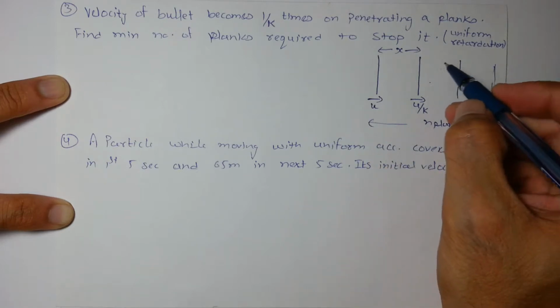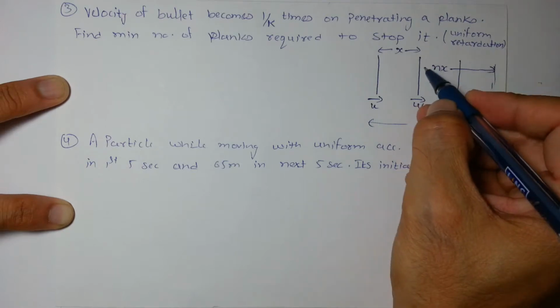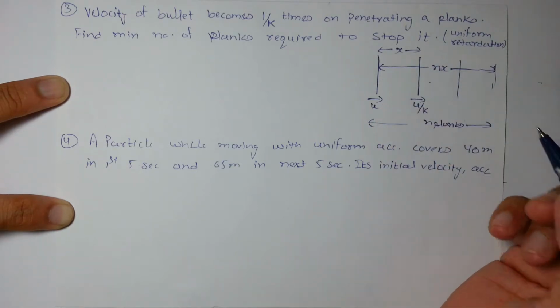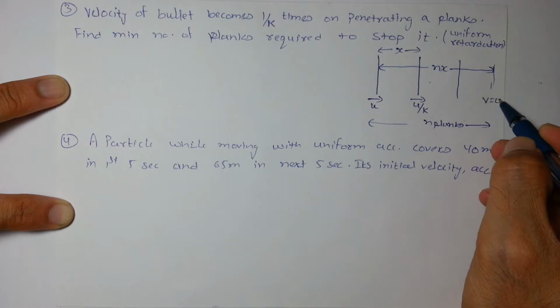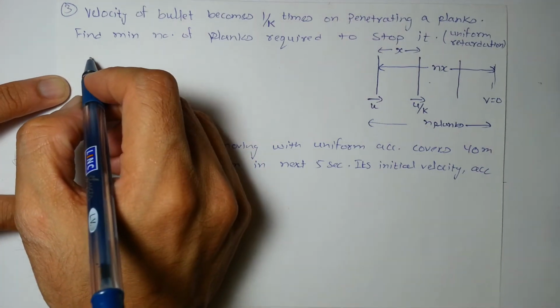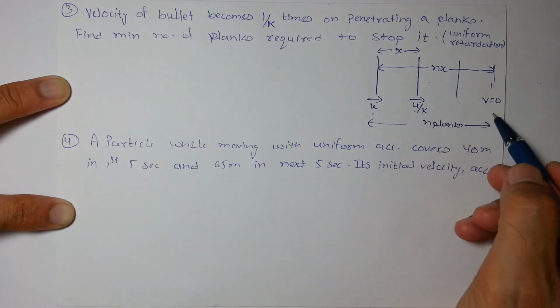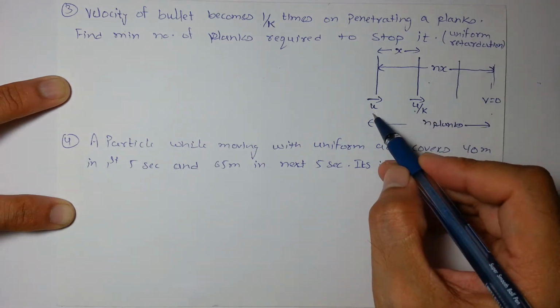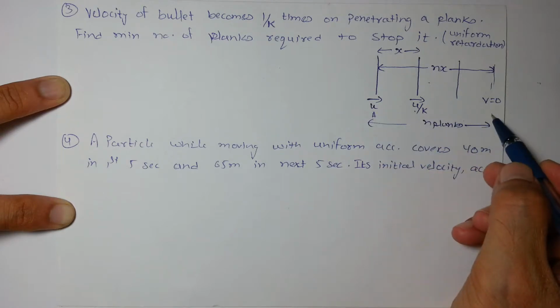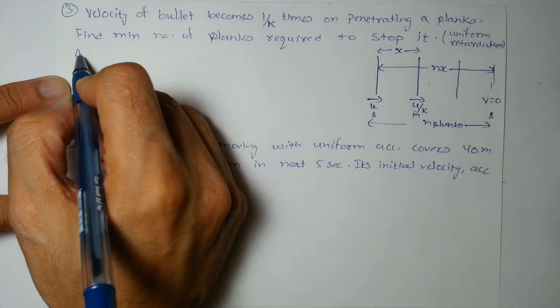so obviously the total displacement will be nx. Okay, and the final velocity will be 0. So we can say, again, this is the initial point, this is somewhere in between, this is the final point. We'll write again equation from A to final point B and somewhere A to M. So A to M